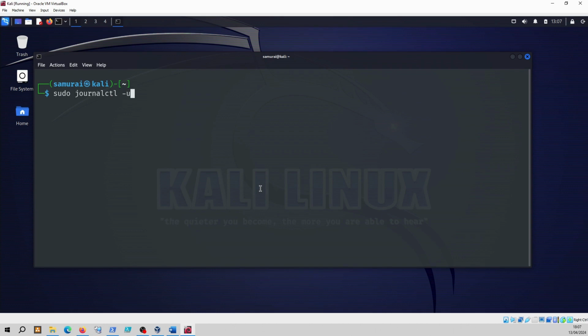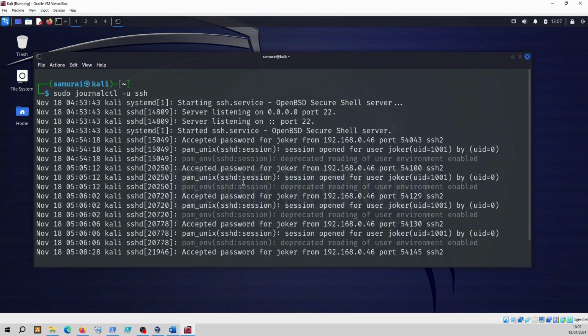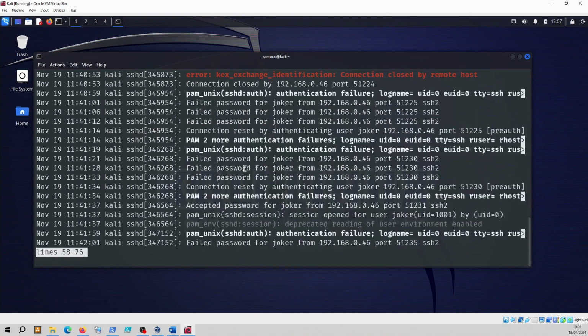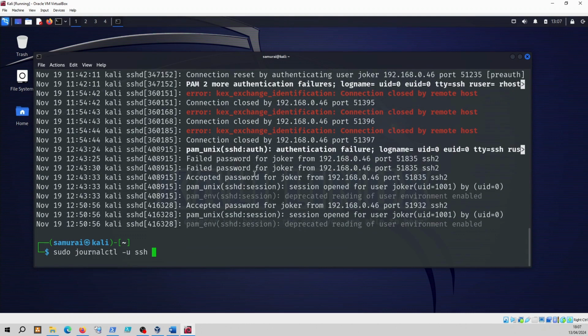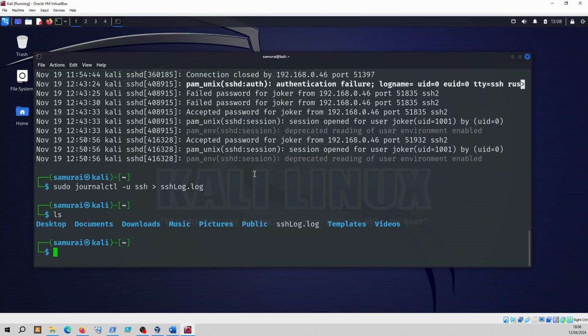I'm going to put -u, and the name of the service, SSH. But here is just the journal log files for the SSH. Normally, if I'm troubleshooting something, what I would do is output that into a file. You can just put the redirect over here, SSH logs, the log, right? So now I have this file saved here, and I can read it, do things with it,